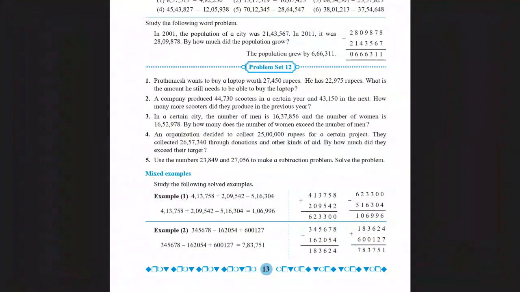So I'm not doing this for you. You will do it yourself. You can make a question of your own. Now I'll just give you an example. You could just say maybe a company produced 27,056 cars and 23,849 maybe motorbikes. So how many more cars were produced when compared to motorbikes? You can subtract and find out the answer. That's just an example. You can frame your own question and solve that sum.